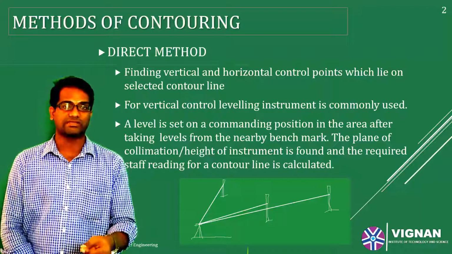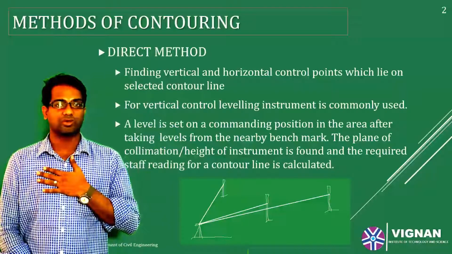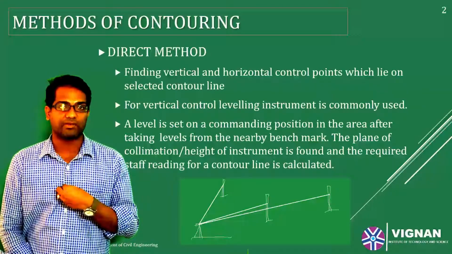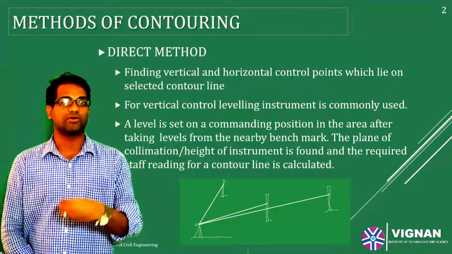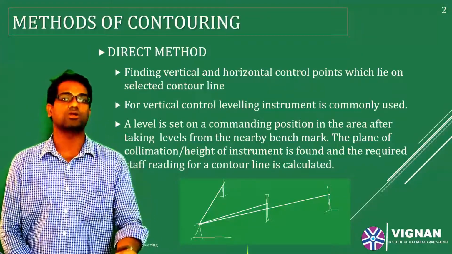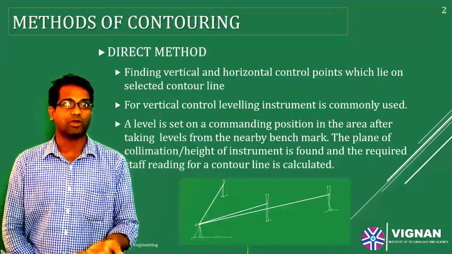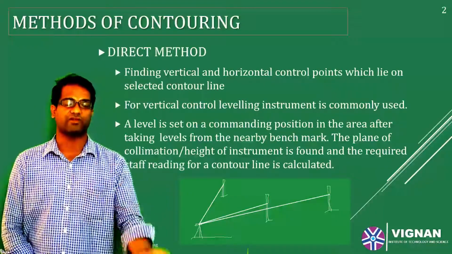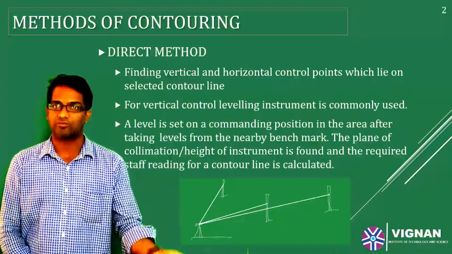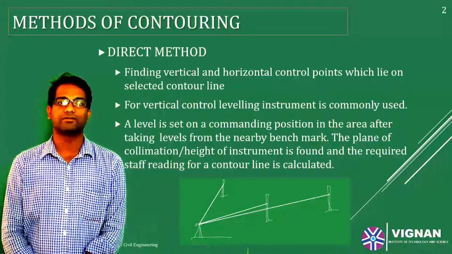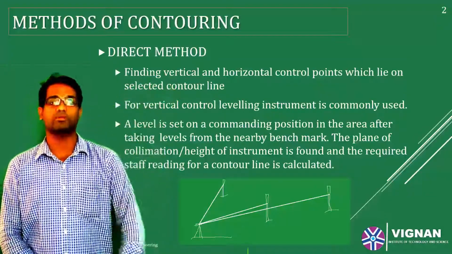And what I do is, I point out the next contour line. For example, if the contour line where I have set up my dumpy level is 100 meters, and I am supposed to draw a contour interval of 1 meter, then what is the next contour line? 101 meters. So if my reduced level is 101 meters, what could be my staff reading? It would be less than 1 meter. If I got 2 meters on the staff reading here, there I should get 1 meter.